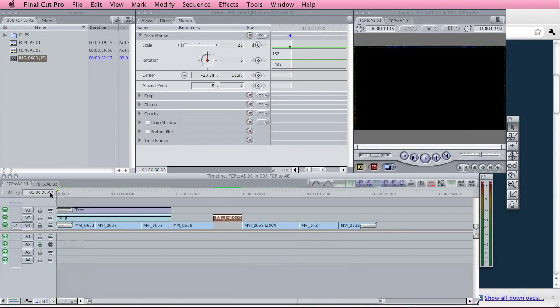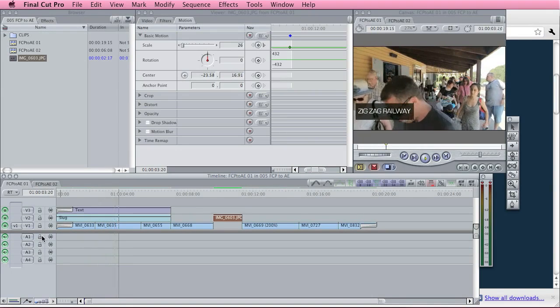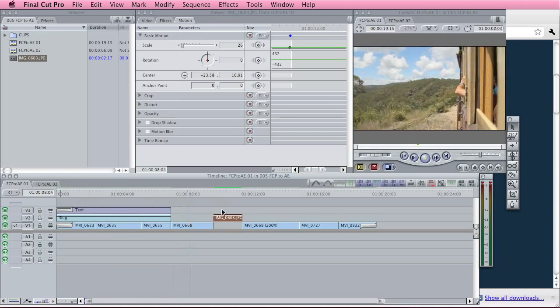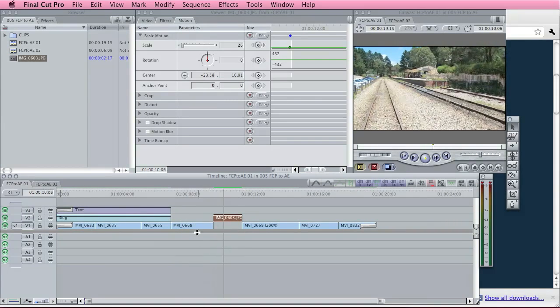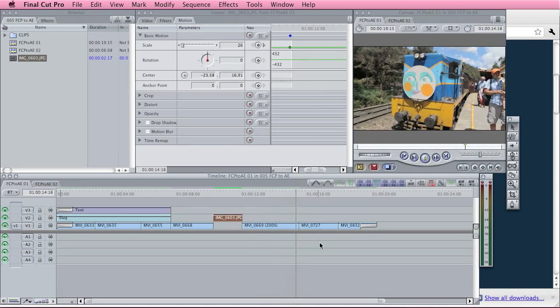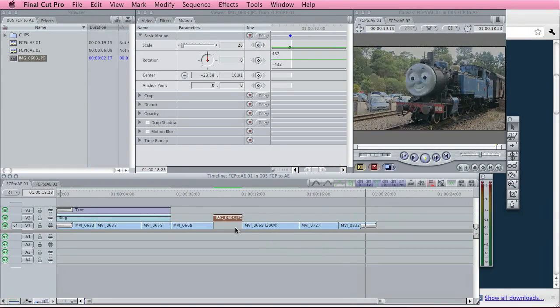Now this is just a little clip I put together using the day that I went out to check out these steam trains. It's got a title with a black bar in it. I've also inserted a picture here with some movement, and back to some footage which I sped up to 200%. And there we go, and a little fade at the end.